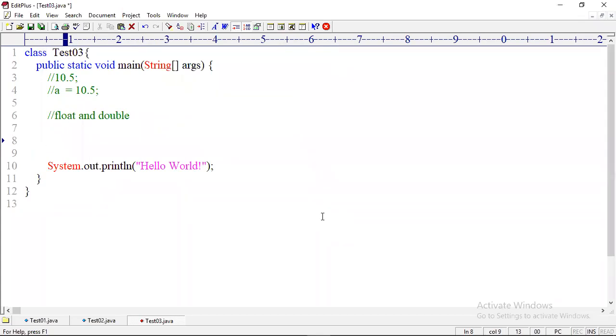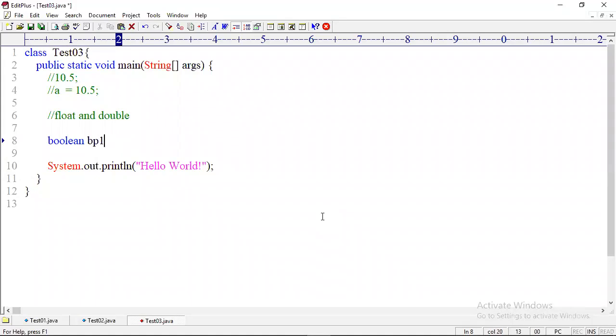First of all, you should know the default type of the value. And how can I know the default type? I already showed you the clue.